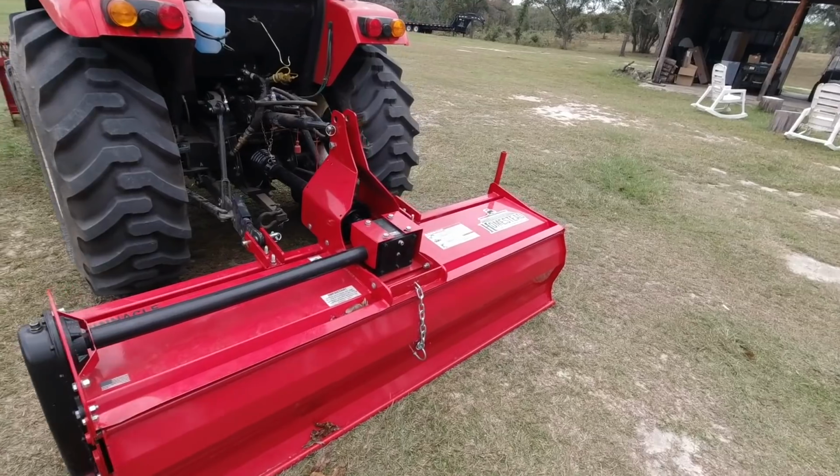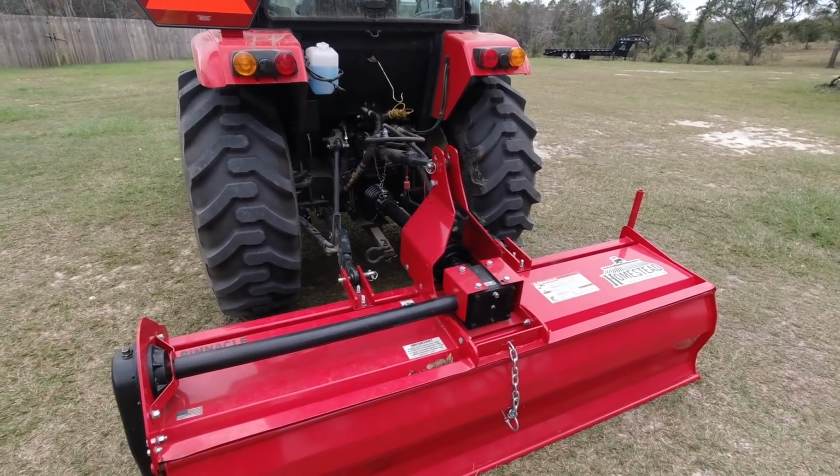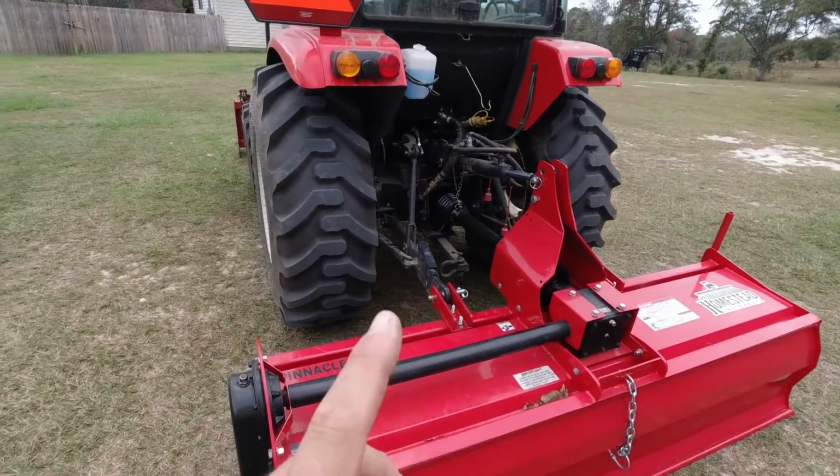So I think I've got it good enough now to where the tiller will come in and do the rest, because you can use a tiller to level out the ground as well. So I'm going to take off the box blade and the quick hitch, put the tiller on, and till this whole area up right here, and I think we'll be done for the day. All right, I finally got the tiller hooked up. The worst part about owning any implement is the 3-point hitch system. Luckily, I've got a hydraulic top link and...